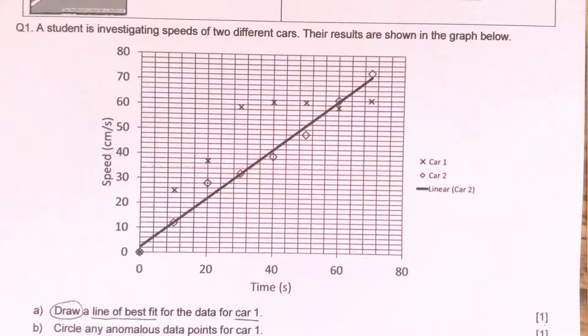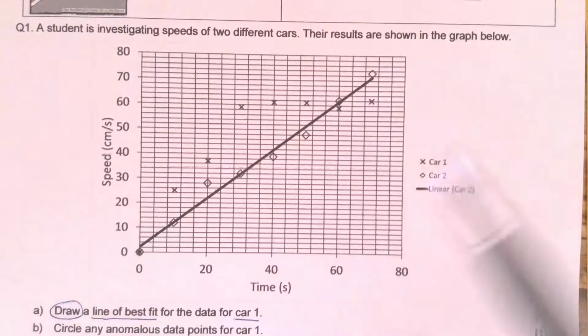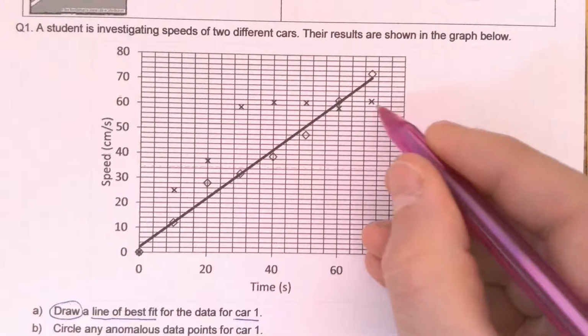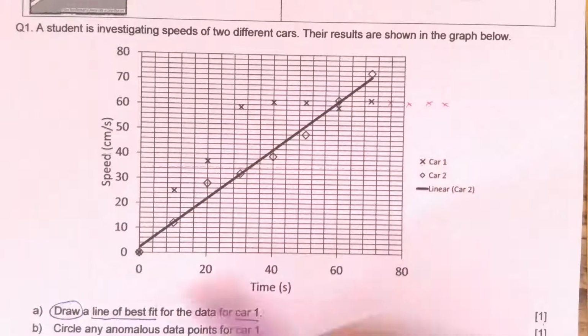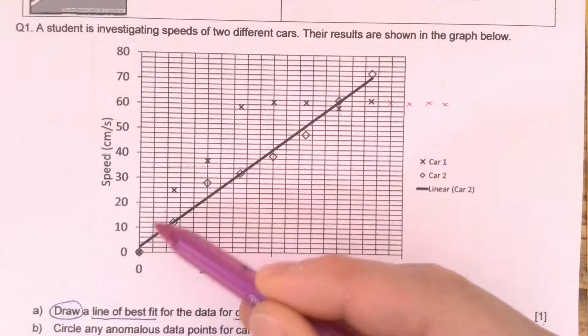So remember how we're going to do this? We're drawing a line of best fit for these X's here. Okay, we imagine where would the next X go? I'm going to do this in red pen here. Where would the next X go? Well, looking at this pattern, I'm expecting the next ones to be kind of out here somewhere. Maybe look in between some points. Where would you expect there to be an X there? Look, where would you expect the cross to be